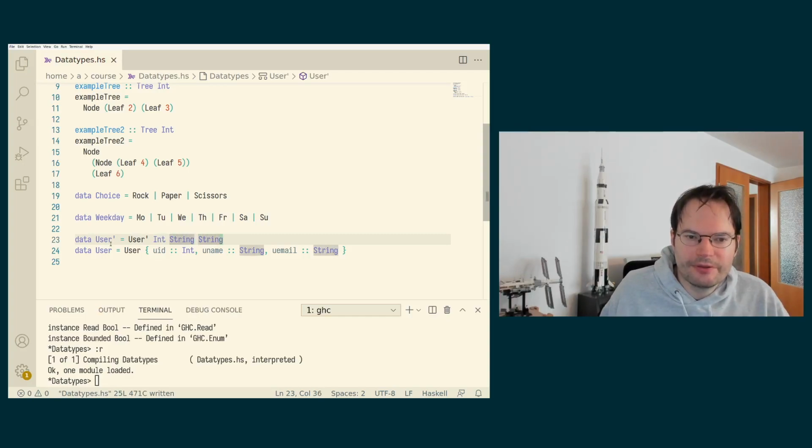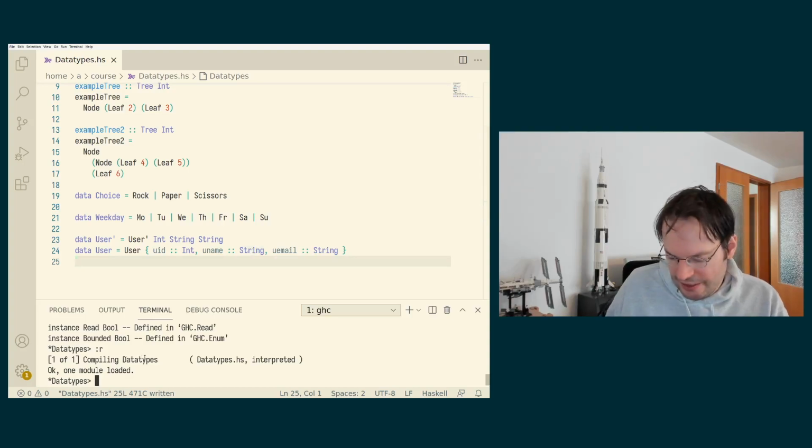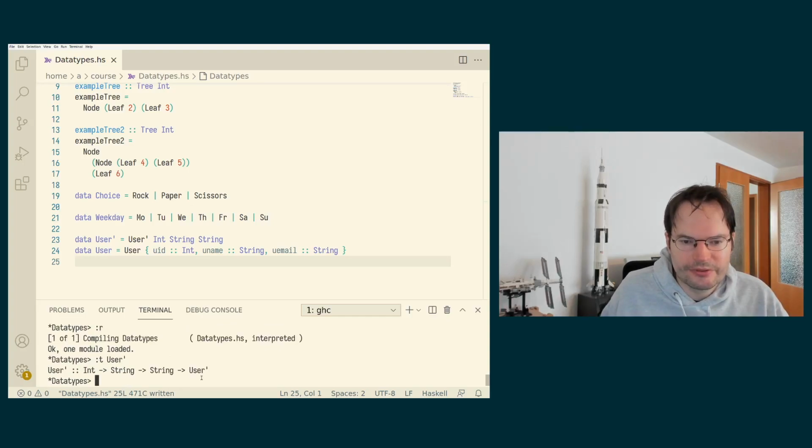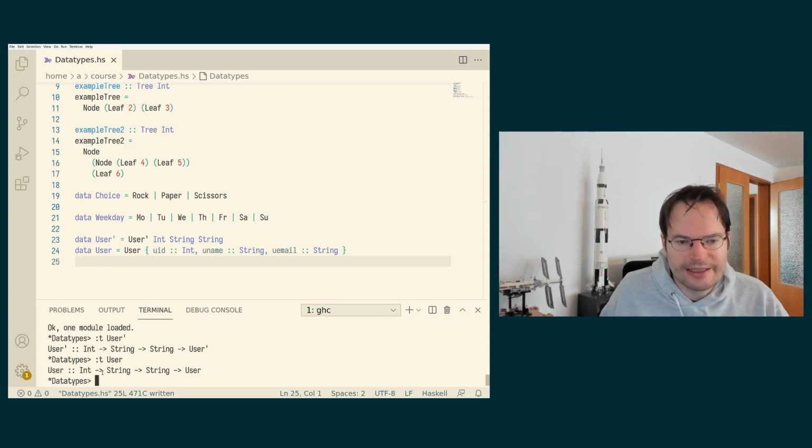You can see that both these data types have a single constructor, and both have three components, three arguments of the single constructor: one of type int, one of type string, and one of type string. And in fact, they behave almost completely the same. If you look at the type of user prime, the one that does not use record syntax, you get int to string to user prime. If you look at the type of user, which is using record syntax, you get exactly the same,